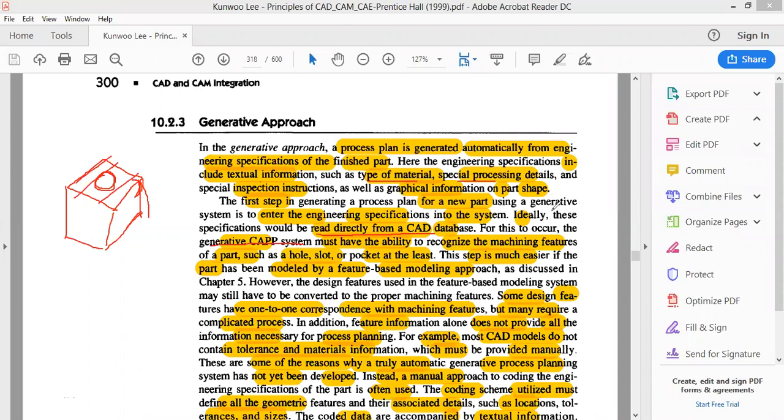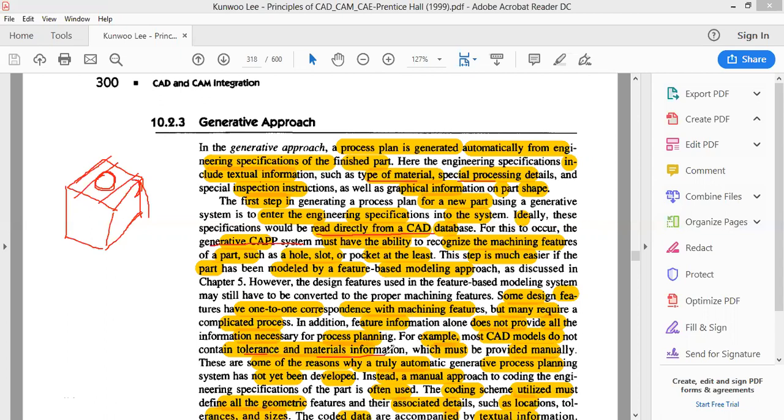The information that can be retrieved from the CAD file, all of that is going to be taken. But what is generally not going to be present is the tolerance and other material information that is given in practice. In a practical approach, it will not generally be mentioned in the CAD model or the CAD file.